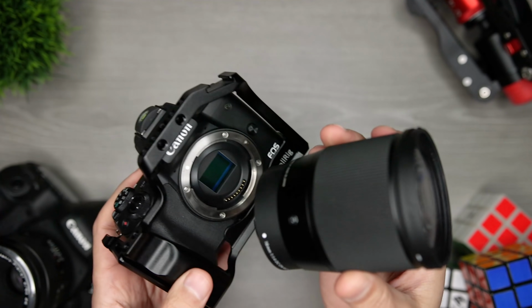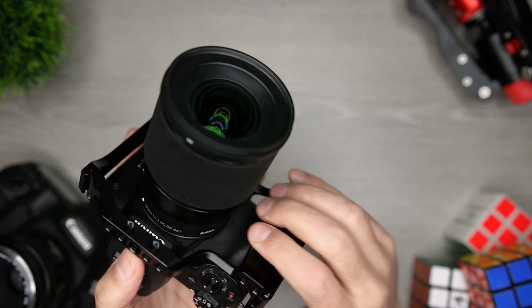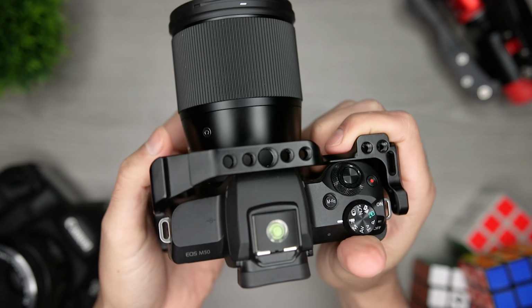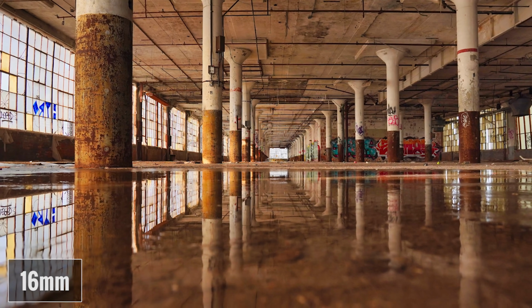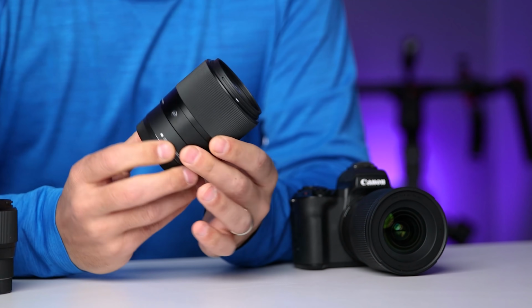The 16mm is the largest of the 3 Sigma lenses, with a diameter of 72mm or 2.8 inches, a length of 92mm or 2.9 inches, and it weighs in at 405 grams or 14.8 ounces. Now, I've been using this lens a lot, as well as its Sony E-mount counterpart with the Sony a6100, 6400, and 6600. Now next, let's take a look at the Sigma 30mm f1.4 DC DN, which sells for